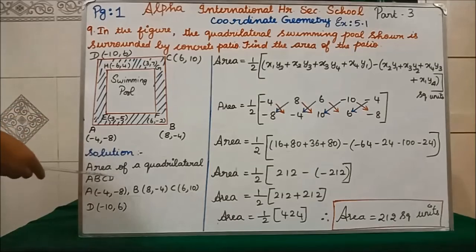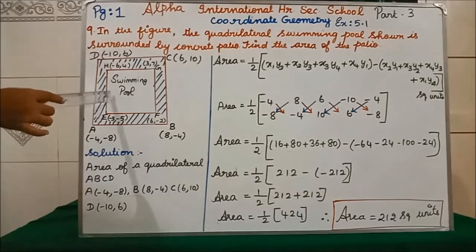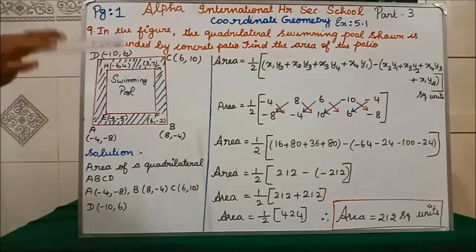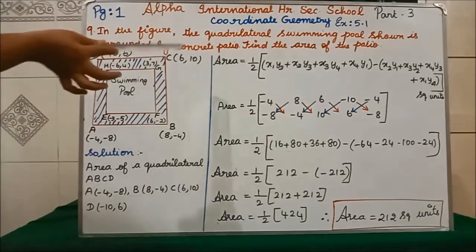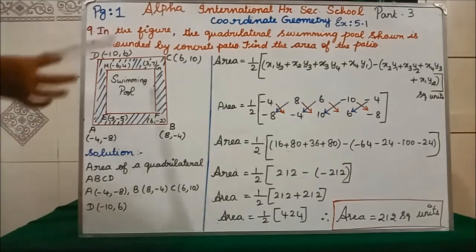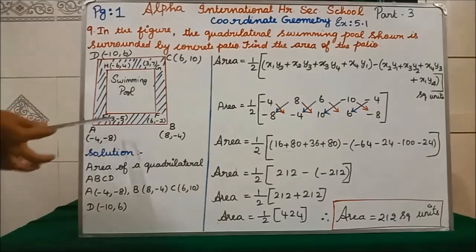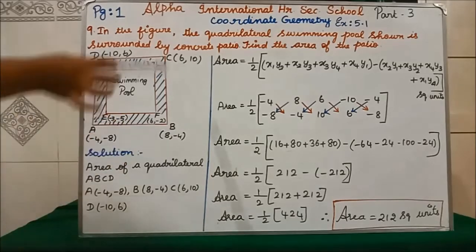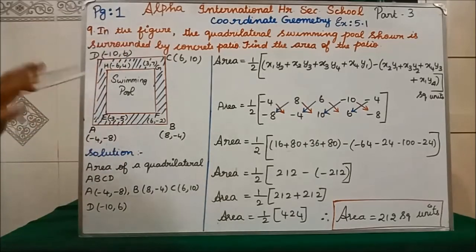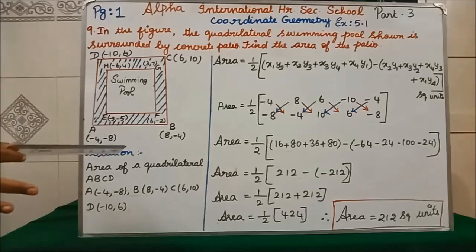Area of the quadrilateral ABCD. I have told you once, if you get the vertices, immediately you have to plot them in the graph, isn't it? But in this question, they themselves have given the diagram. They have given the correct order. See, 6, 0 is what? Both are positive. Then afterwards, negative, positive, which means that is the second quadrant. Negative, negative means third quadrant. Positive, negative means they have given it in the fourth quadrant. They have given the correct order. So no need to draw any graph one more time.